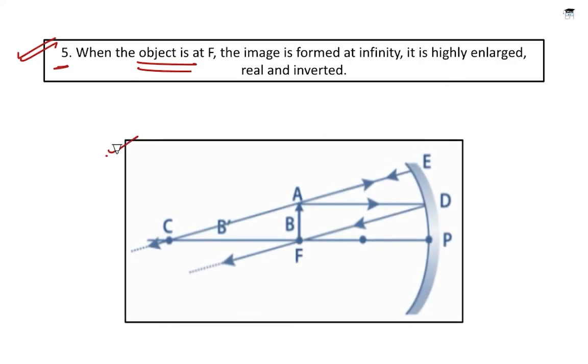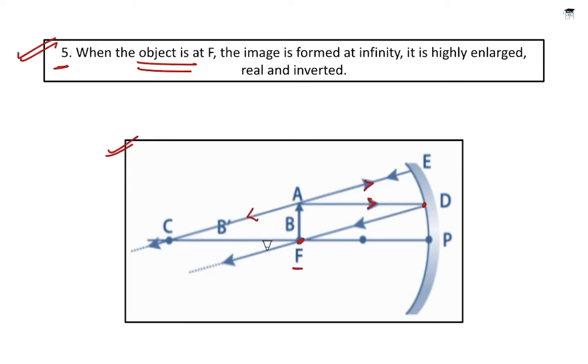So here I have an image of this case. Here the object is placed at focus. So we have taken two rays. The first ray here is parallel to the principal axis, and after reflection at this point, it passes through the focus. That we know it happens. The second one is the ray which actually passes through the center of curvature. So after reflection, it reverses its path, it reverses its direction, and it again passes through the center of curvature.